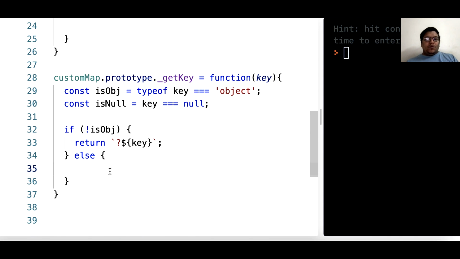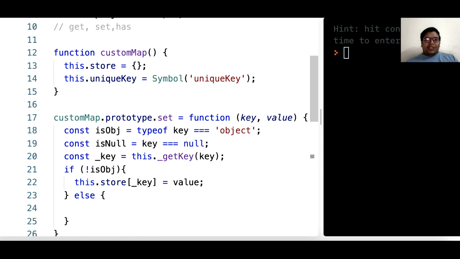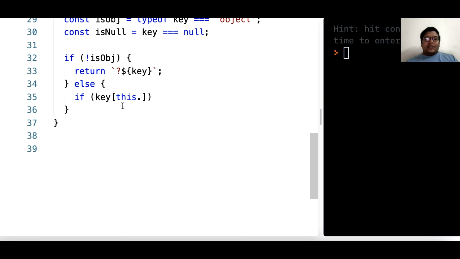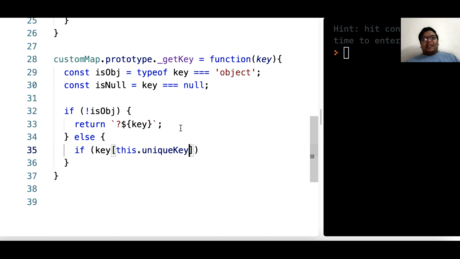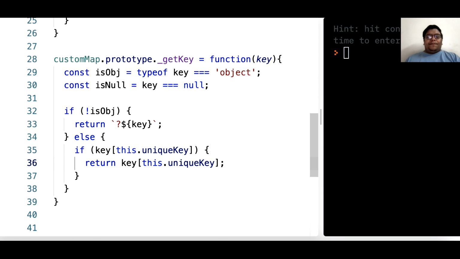So what we will do is, if that unique key exists, I will tell you why we are doing this.